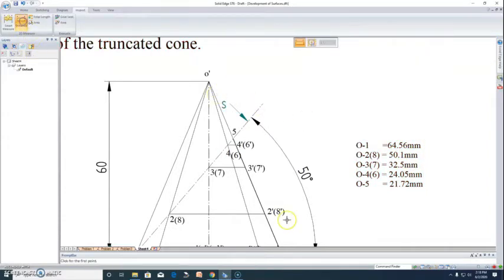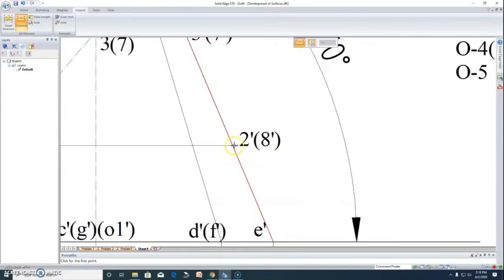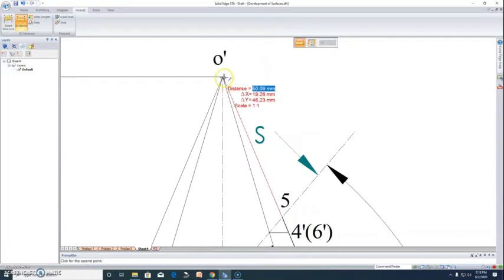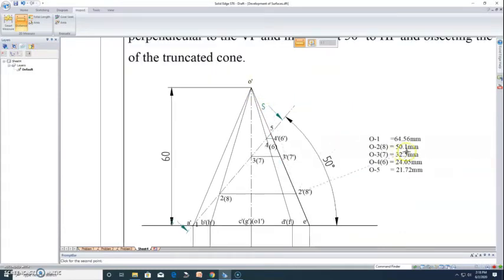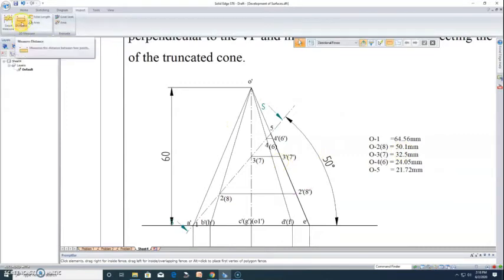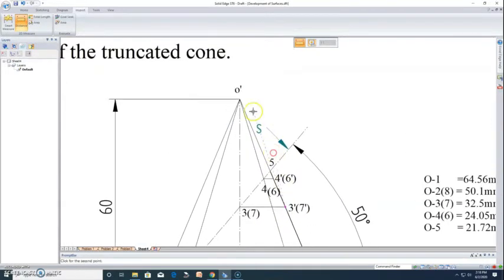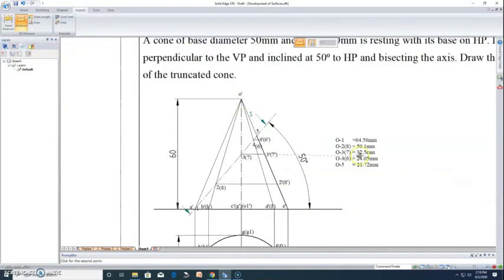Similarly, if I want the distance of 2, remember I am measuring everything along the true length generator. 2 to O is 50.09, which I have written as 50.1 here. Similarly, the distance of 3 with respect to O is 32.5, so that is what I have written.